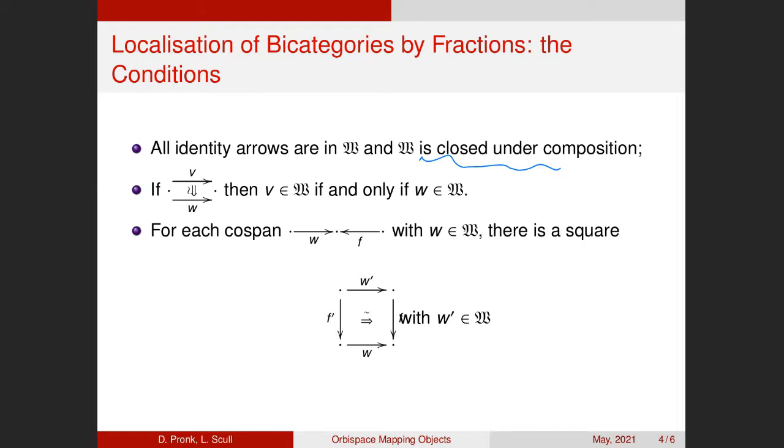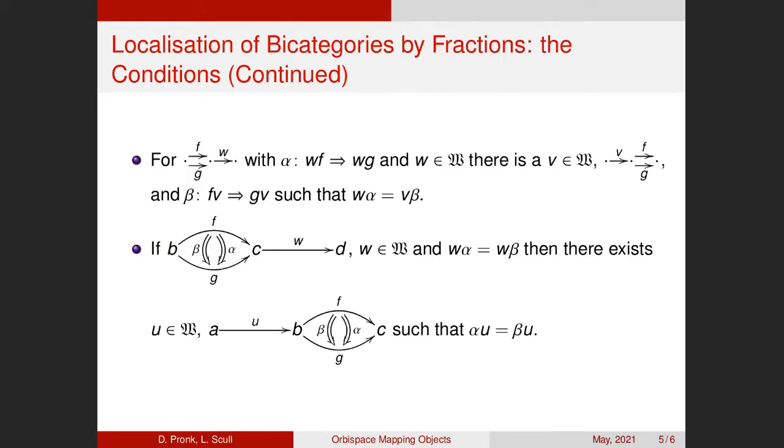And for each cospan, as before, now we don't ask that we have a commutative square, but we ask that we have a square that commutes up to an invertible two cell. And then again, so this is the OR condition now in a two category. What we had before about WF equal to WG, now we ask that if there is a two cell from WF to WG, then there is a V in W that we can pre-compose with, and a two cell alpha, first of all from FV to GV, and such that the two cells are compatible